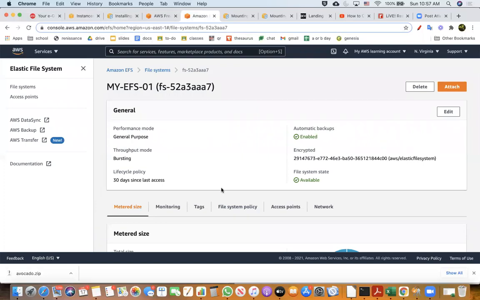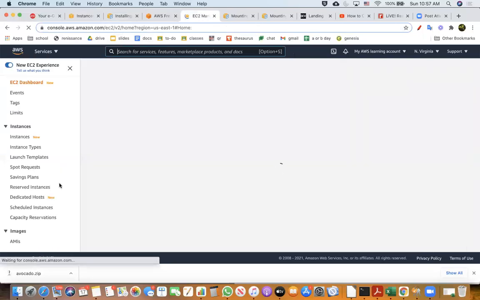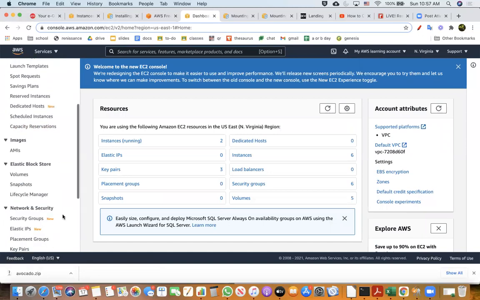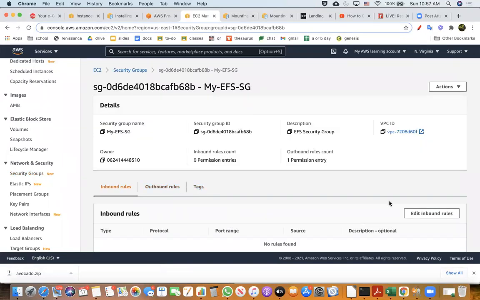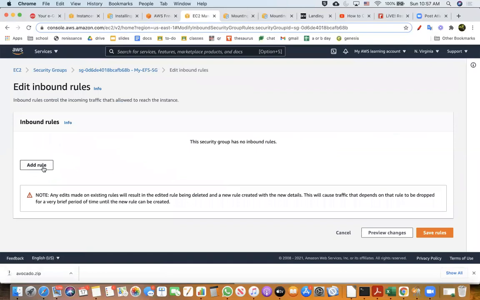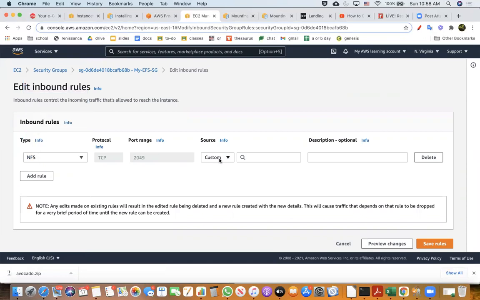So what I will have to do is go to the security groups. So I will go to EC2. Remember, we created a security group. I'm just going to go into that security group, and this is my EFS security group. What I'm going to do is add an inbound rule, NFS and custom.